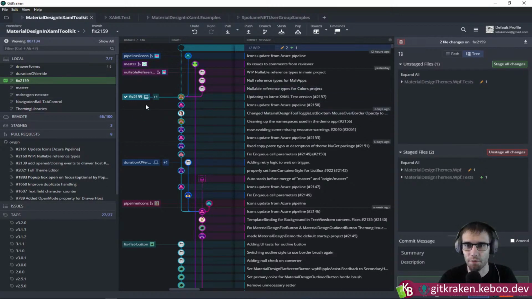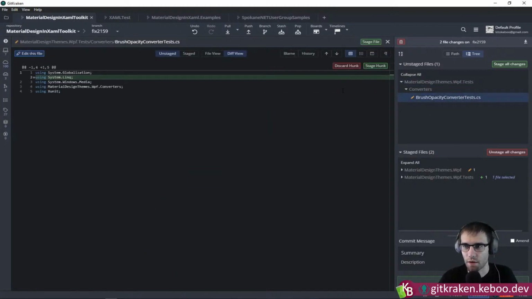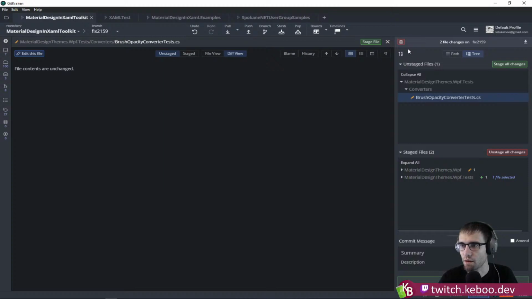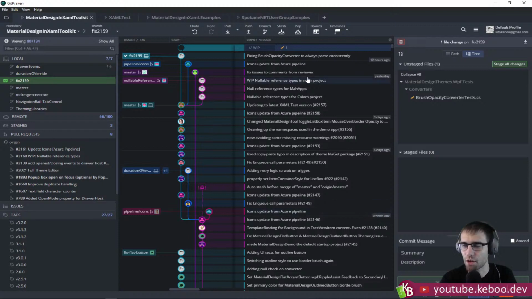Okay, so there's the bug number, 2159. Just check, what did I do here? We're going to discard that little bit. Let's see. Fixing brush opacity converter to always parse consistently. Yeah. So that is one of those areas localization is always